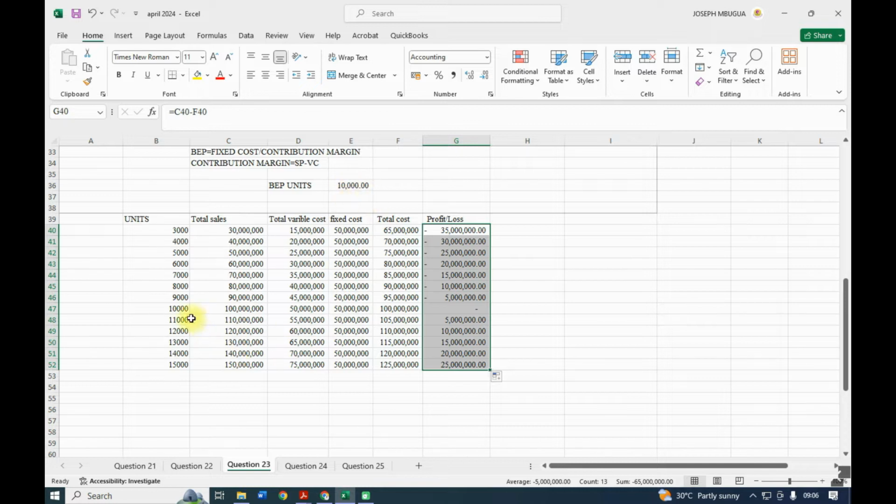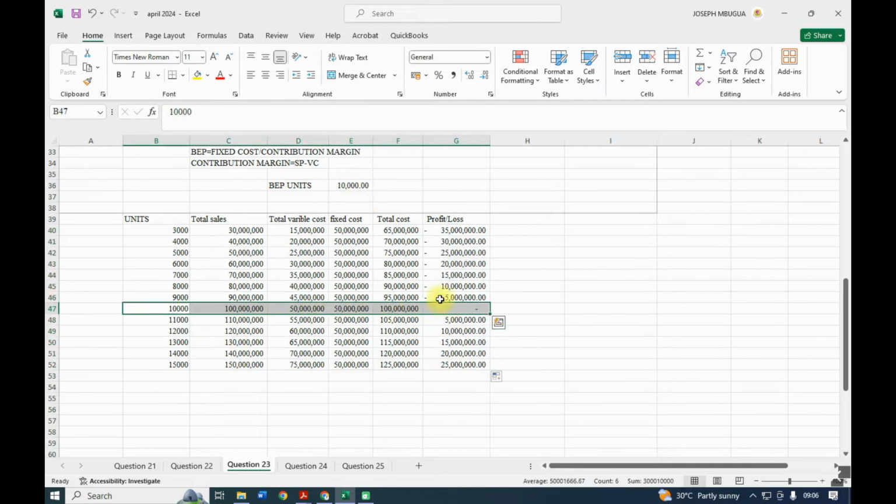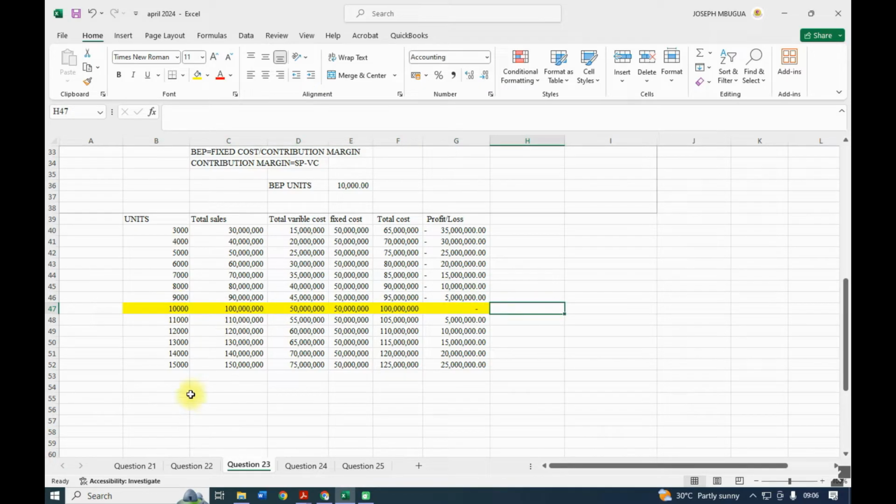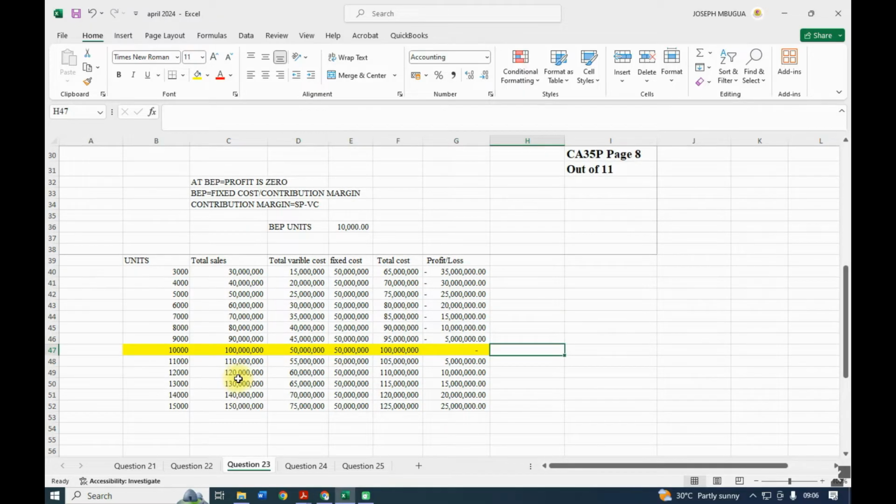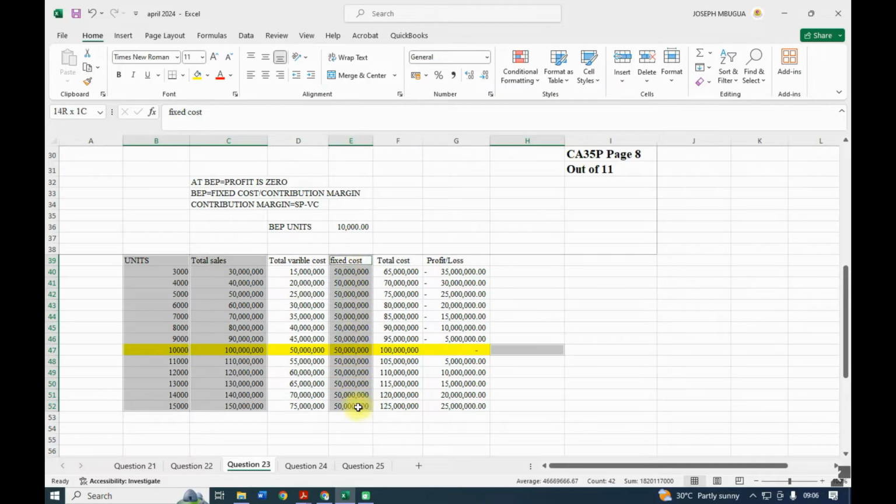Remember already we had identified that this point is our break-even point in units, which is 10,000. But remember, we need to show this on a graph. The key thing, we need to show this on a graph. So I'll highlight my units. I'll take my total sales, I'll take my fixed costs, I'll take my total costs, and I'll take my profit or loss. And I will insert,